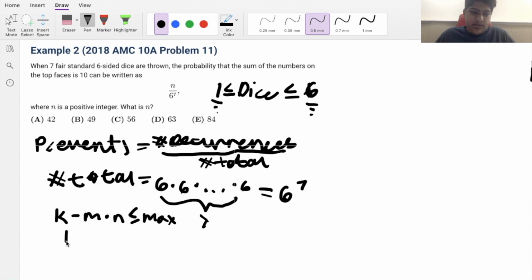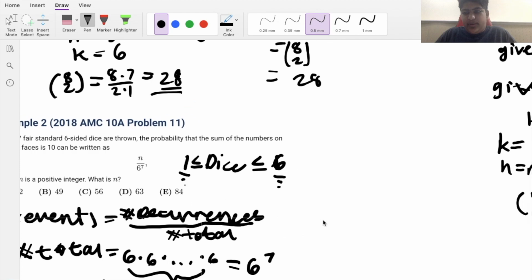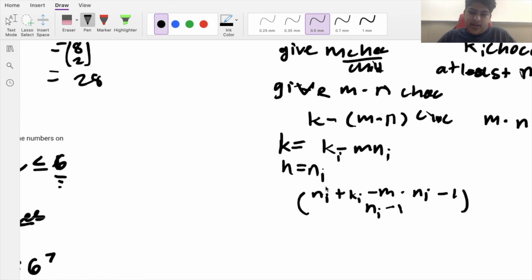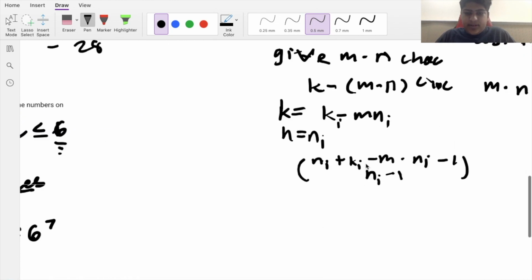So here you have k is equal to 10, minus m, which is 1, times n, which is 7, which is equal to 3, and lo and behold, 3 is less than or equal to 6, which means we can use our stars and bars formula. So we derived up here that the formula is equal to,